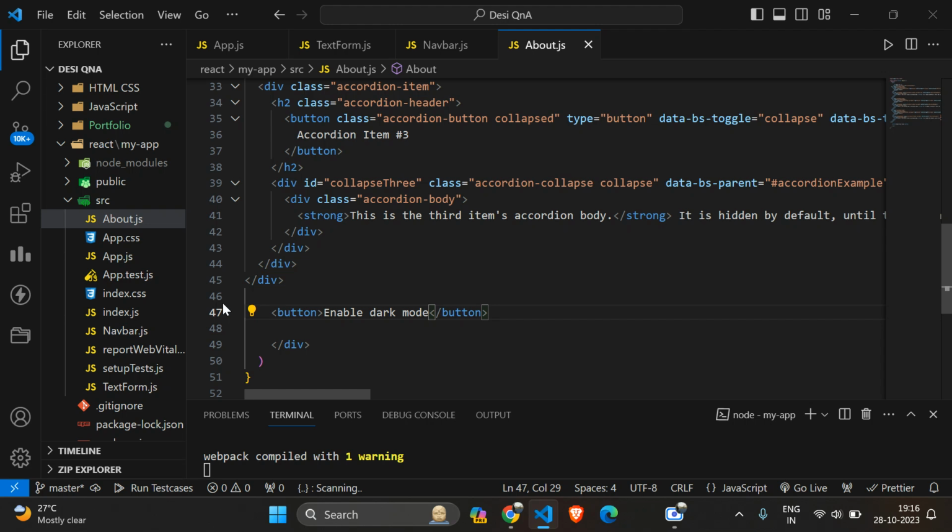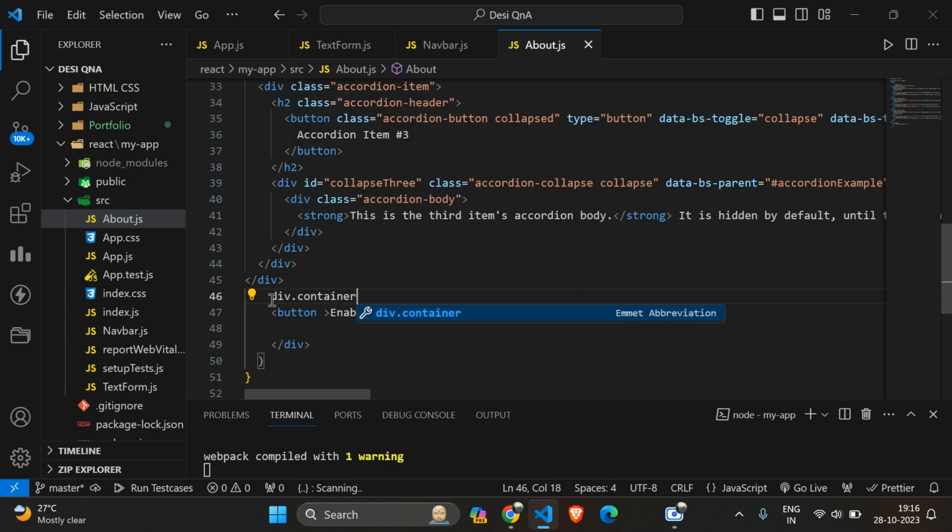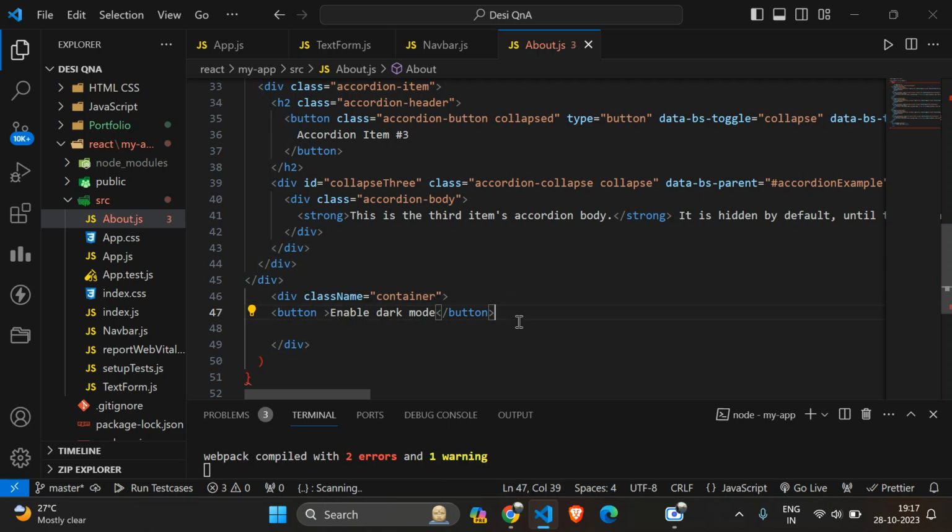I will keep this inside of my div container. If I keep it inside of the div container, it would be good, right? We can also get our stylings of the container. So for this I will give the type as button,